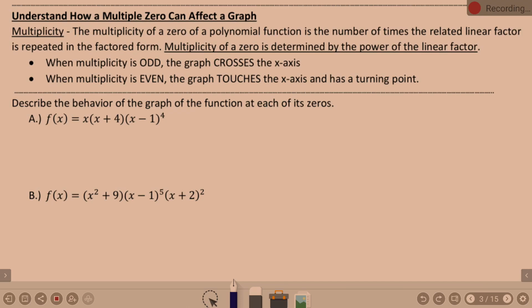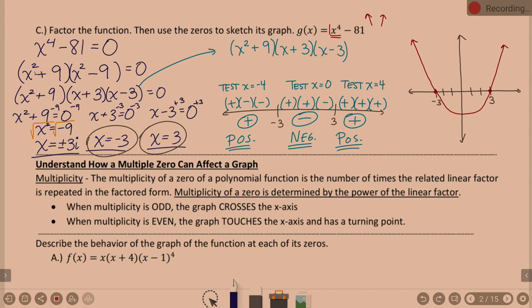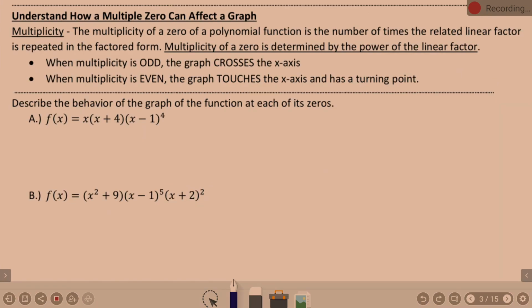So yesterday we were talking about 3.5. We were talking about finding the zeros. So we had to do some factoring to find zeros in some of the problems, right? And then we talked about looking at where it is above and below the x-axis, and then sketching a graph, okay? So now we're going to talk about different zeros, and we're going to talk about something called